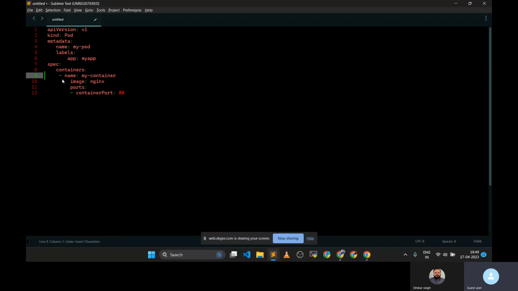Like if you want to define another container, it's also possible. My container 2 and a port. So it means we are defining two containers inside a pod. Now here we are defining only one container, and the name of the container is